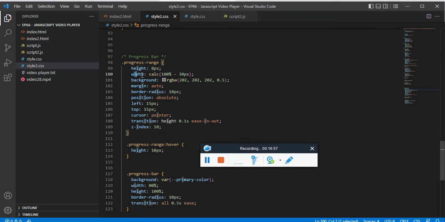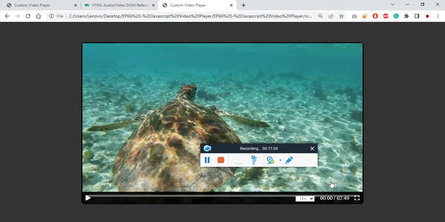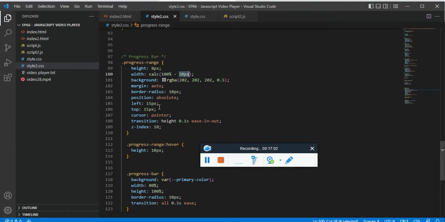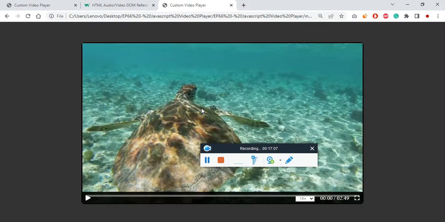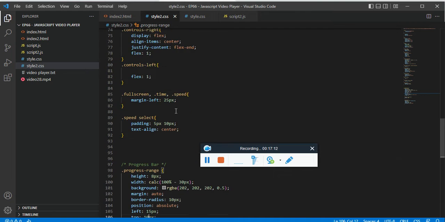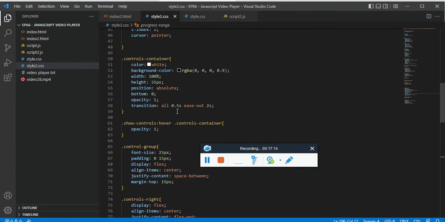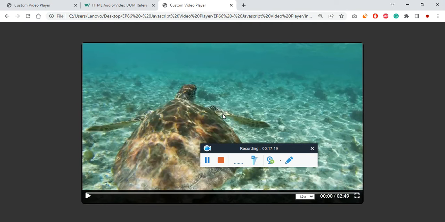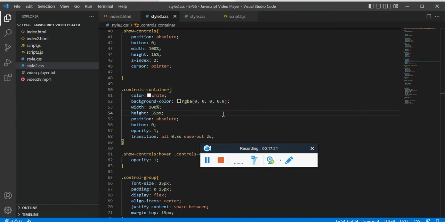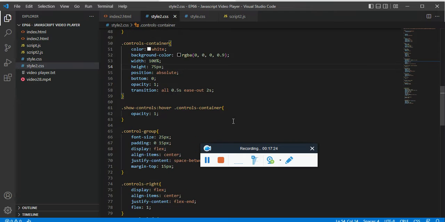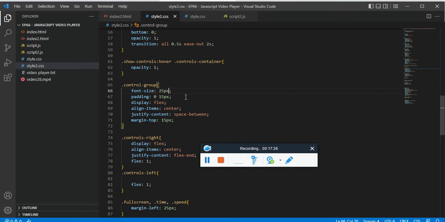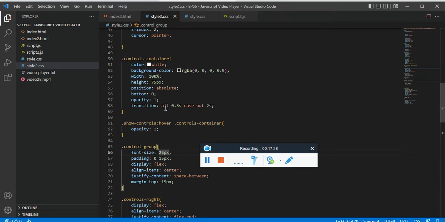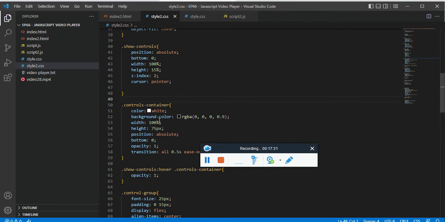height 8 pixel, so we want space between left and right, so 30 pixel on both the sides. Top 0, we need to give height to the control container. Which is 75, and for the control group, not for the control group, but the containers,